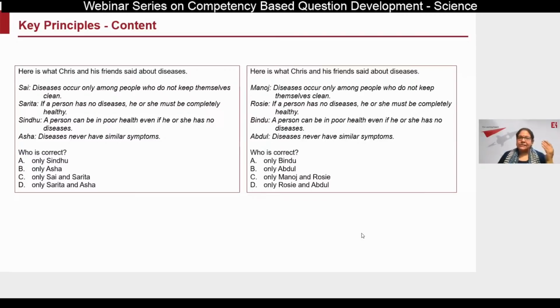The left example has most of the names as women, except for the one who's asking. And most probably they are from the same religion. On the other side, I have a set of names, both male, female, genders equally represented, along with different religions. I think this also makes our questions and our assessments more inclusive in its own way.